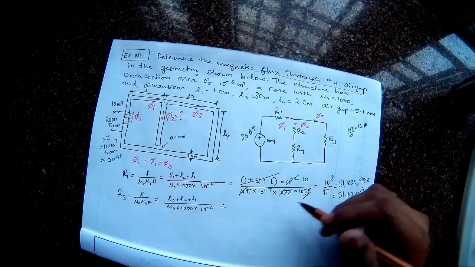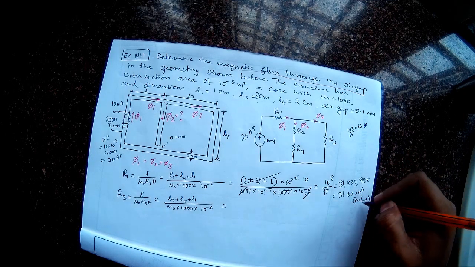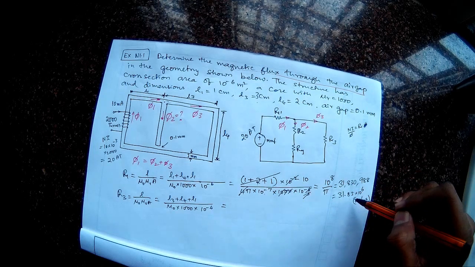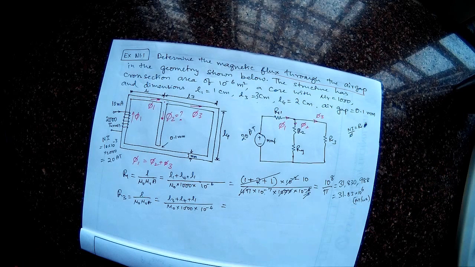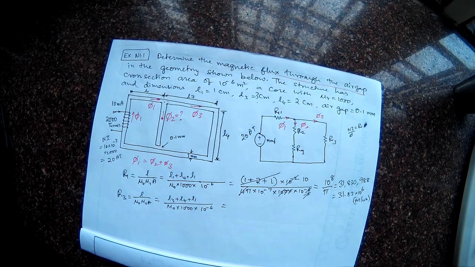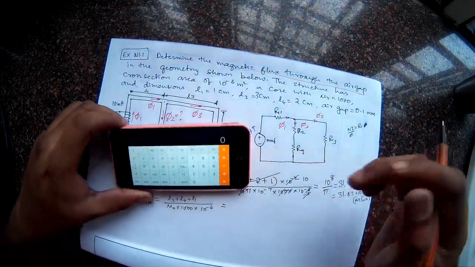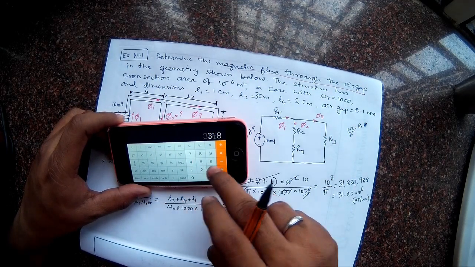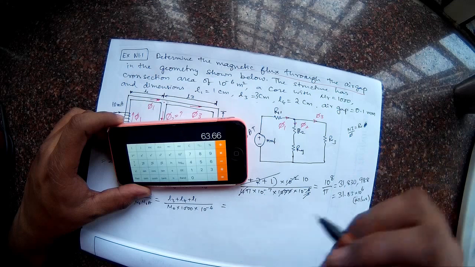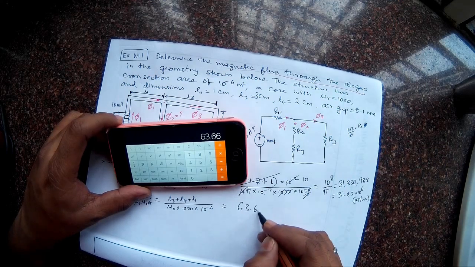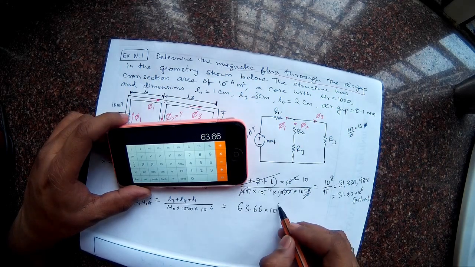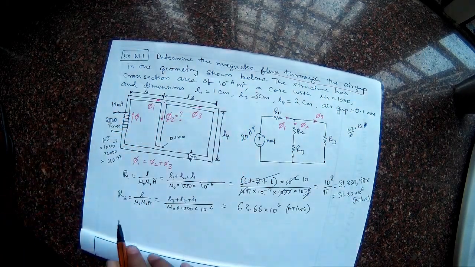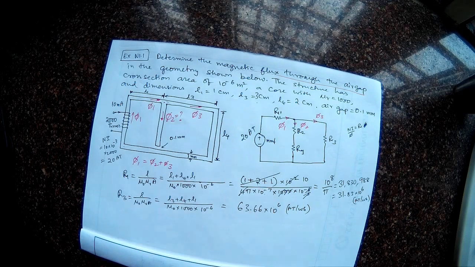So just by proportionality I can double this, because for 4 centimeter length my reluctance is 31.83, so it will be the double of that. Okay. Of course you can substitute everything in formula and calculate, but then here 31.83 into 2 I'll make it, because the length is double. So 63.66 into 10 power 6 ampere turns per Weber is the reluctance for my third path.